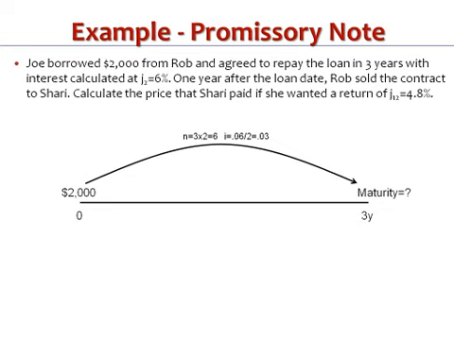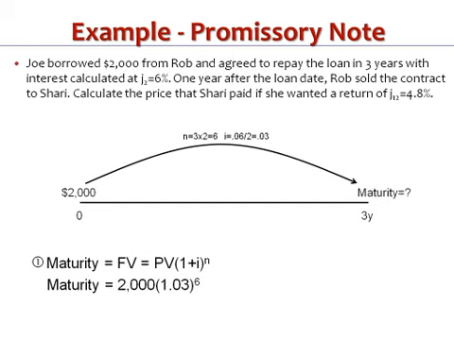Now, how far in the future is that if we work out our different variables? Well, n is 6 periods because we're doing compounding twice a year here. It's semi-annual, so 3 years times twice a year, 6 periods. And the interest rate per period is 3% or 0.03. So let's first work out that maturity value. That's a future value. That's PV times 1 plus i to the n. Well, in this case, $2,000 carried forward at 3% for 6 periods. We end up with